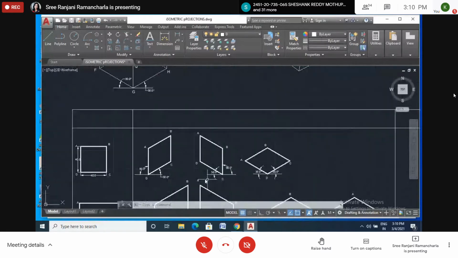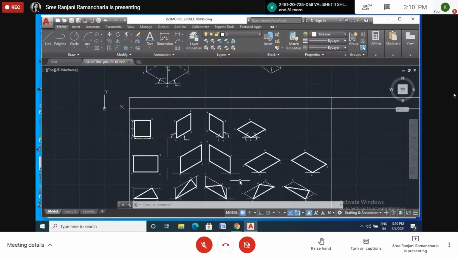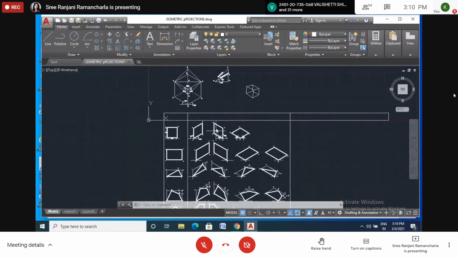Okay, this way. So this is the isometric drawing. This is not isometric scale or isometric projection. We are doing isometric drawings.